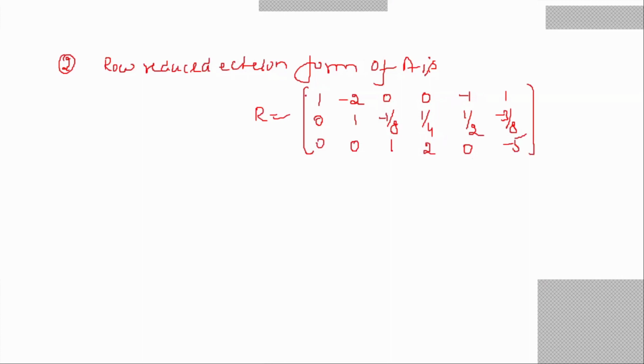If you check, in the first row the first non-zero element is a 1 and below that element all are 0. In the second row, the first non-zero element is a 1 and below this is a 0. In the third row, the first non-zero element is a 1, and below it there are no other elements. Second and third criteria: all the zero rows, so there is no zero row. Fourth criteria: the first non-zero element of the first row is in the first column, so that of the second should be in at least the 2nd column, so it is in the 2nd. And the third should be in at least the third column, and it is in the third, so it is in row reduced echelon form. Then what is the basis for the row space of A?